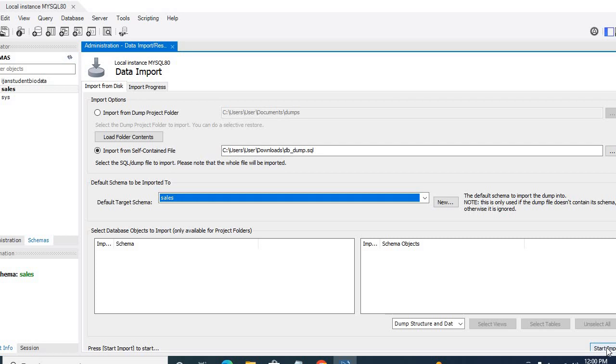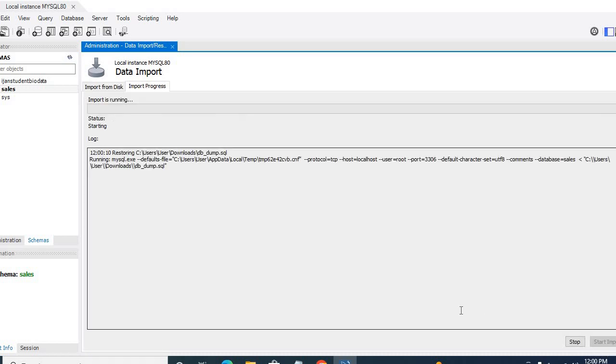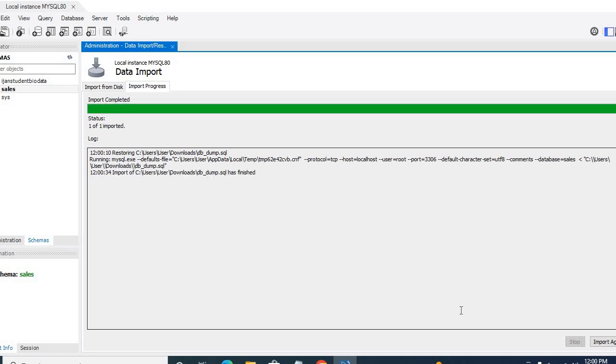I think that's the mistake I made. I'm going to wait for it to load. Yeah, I think it has loaded now. Once it has completed,